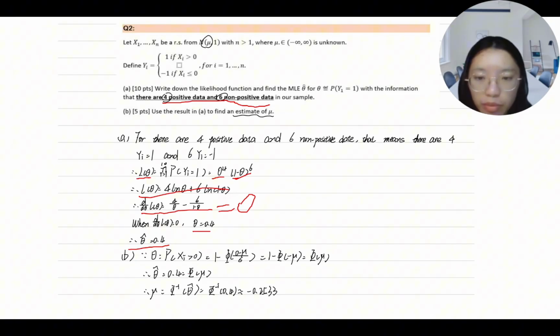But we know that theta is equal to the P of X_i greater than 0. And then we can just use the definition of the normal distribution. We know that the P of X_i greater than 0 is equal to 1 minus P